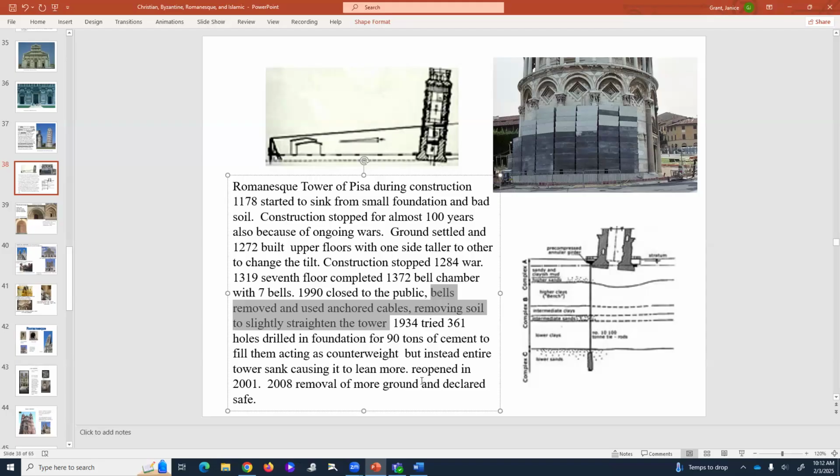They added more weight as a counterweight to tilt it back up, then used anchored cables and removed soil, and the whole thing started to sink, making it almost even worse. So they drilled and added 90 tons of cement for that counterweight, and it leaned even more, right? So it reopened, and